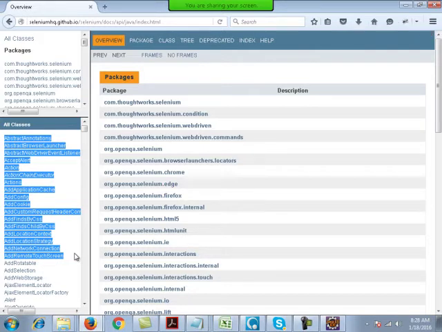So everything is already made for you in Selenium. There is no rocket science, or nothing which you have to make by yourself. You need to understand this, understand the commands, and understand how to use those, and apply your own logic.